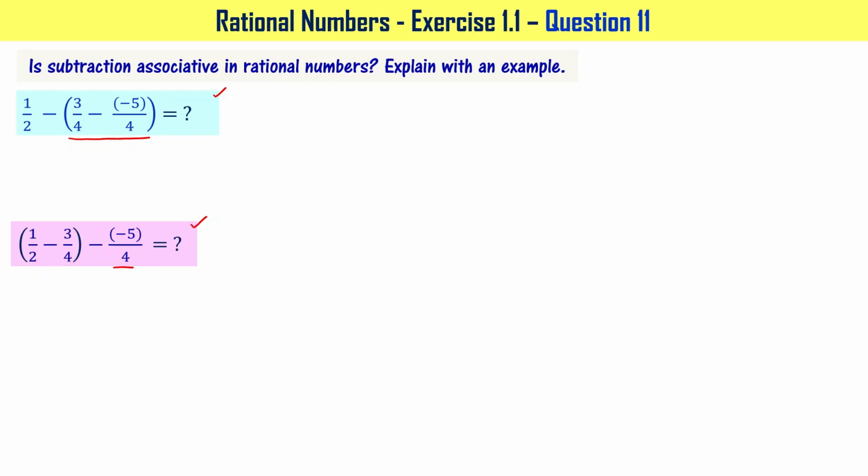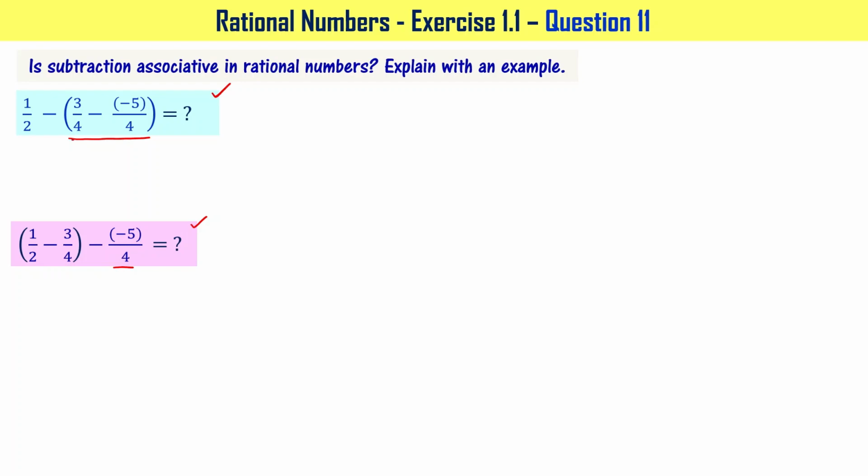What we have done is we have taken three numbers. We want to subtract one from each other. While doing that, we grouped and want to understand whether grouping has any influence on the result. If grouping has no influence on the result, then we can say that subtraction is associative, otherwise not, right? Now let's start with the first expression. We want to find the value of this.